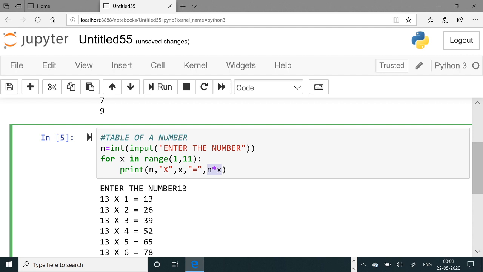Suppose in your school there are 2000 students, and you have to print the report card of all 2000 students. Suppose all have taken 5 subjects. Now what it will do, it will take the 5 subject marks, add them and then divide. Suppose all the marks are out of 100.